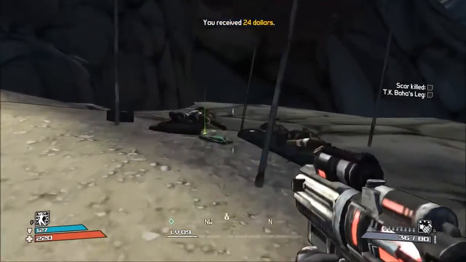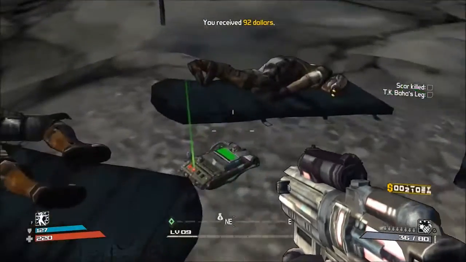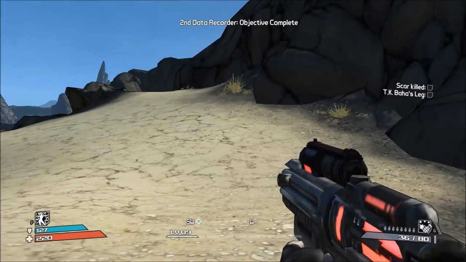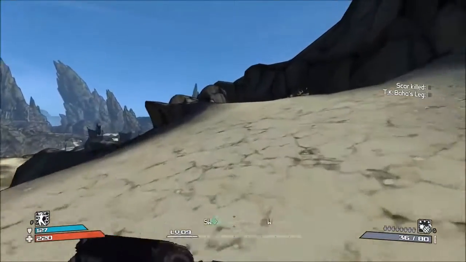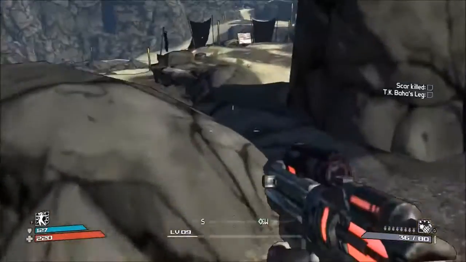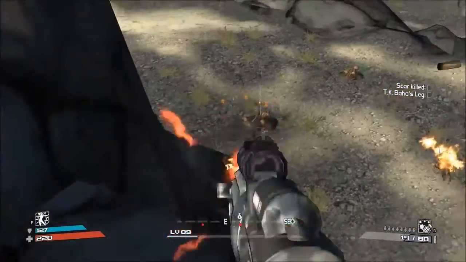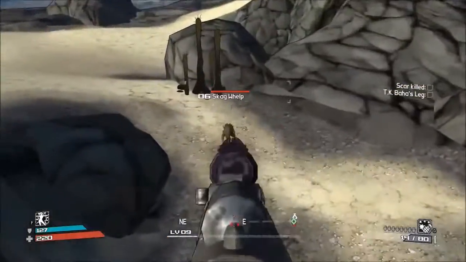Huh. Looks like some bandits got on their bad side. Or maybe Scar's. Huh. Still nothing. If you're playing co-op, this is a vantage point you can use for the Scar fight. Wait, does he spawn even if you're up here? That would be dumb, but...